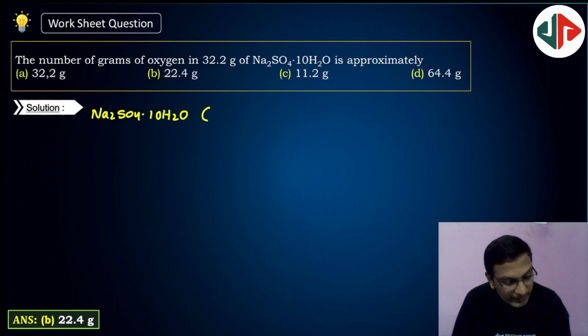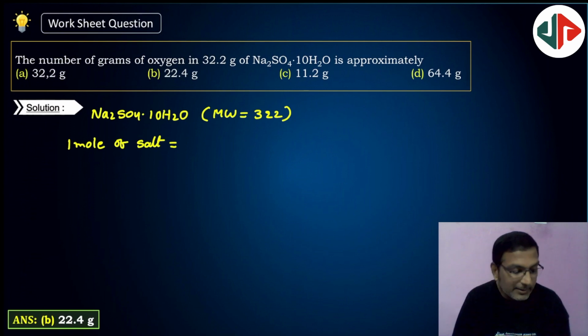So the molecular weight of this compound is 322. So here 1 mole of salt contains, so how many oxygens? 10 plus 4, 14 moles of